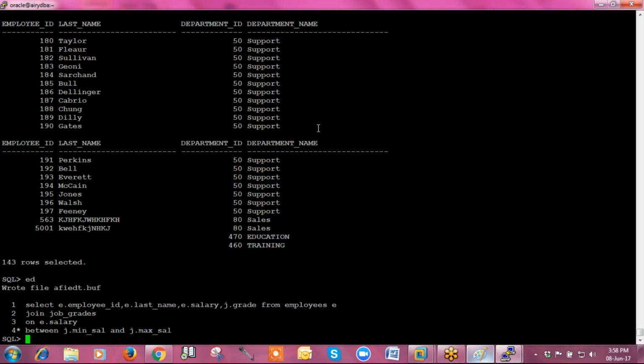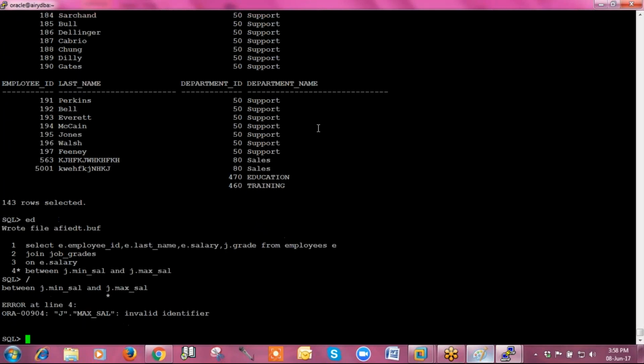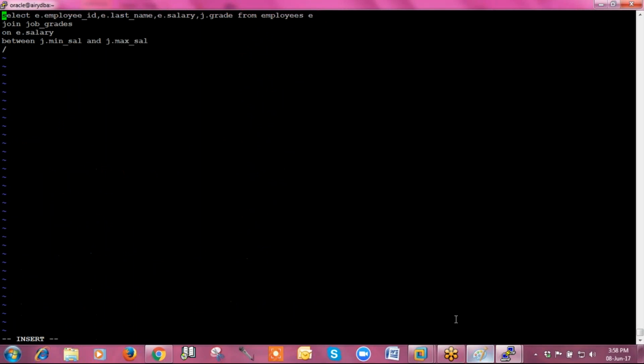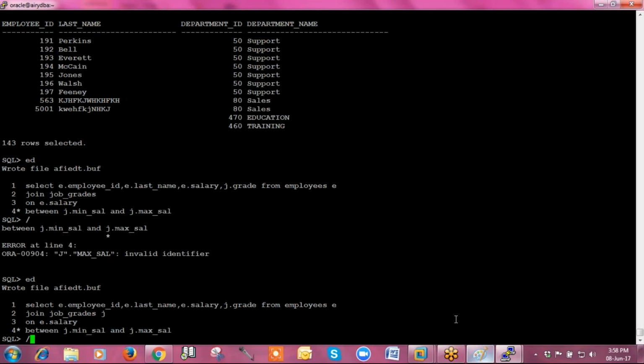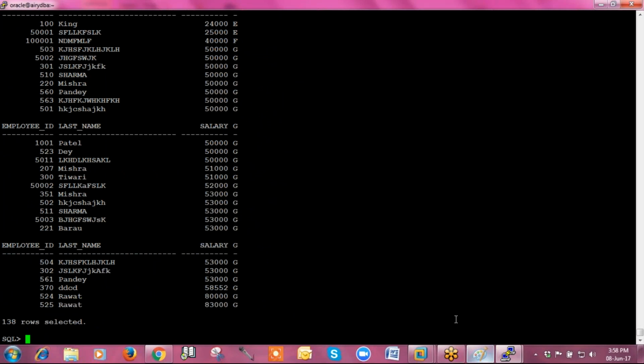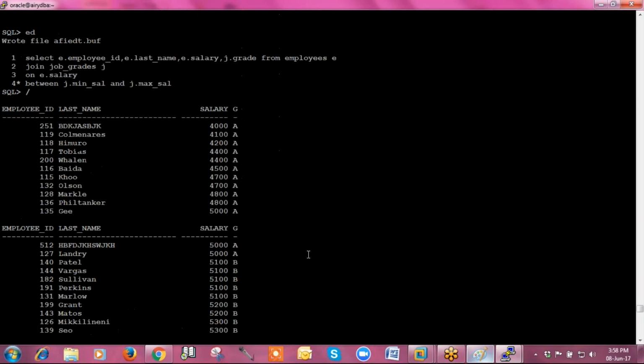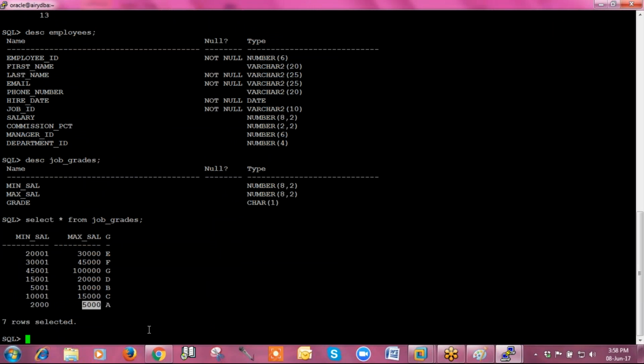So you will see you are getting the grade as well. Up to 2000 and 5000 is grade A. Randomly I will check 45,000 to 1 lakh is G grade.